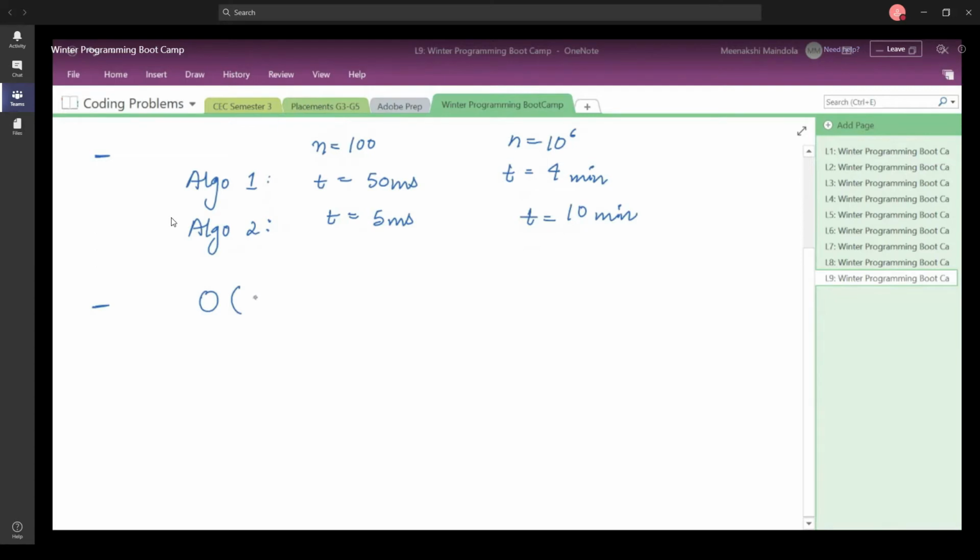Let us say you have created a program, and that program is going to take n cube time for doing a certain part of your project, and let us say it is going to take 3 into 10 to the power 5 n unit of time for performing another operation.